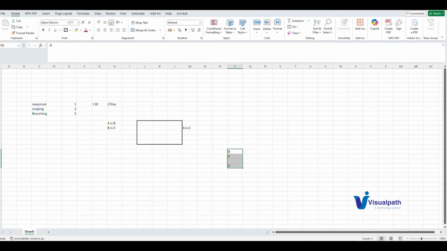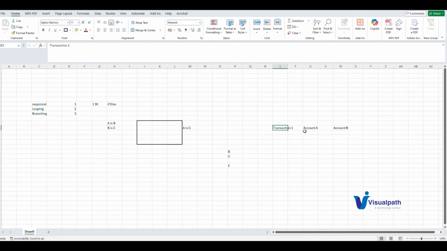One ACID property is this: if you're in a bank, account A transfers some amount to account B. I'm just explaining what ACID is. So I start the process as transaction 1. Once transaction 1 has started, we fetch the amount from account A and put the amount into account B. This is one transaction.